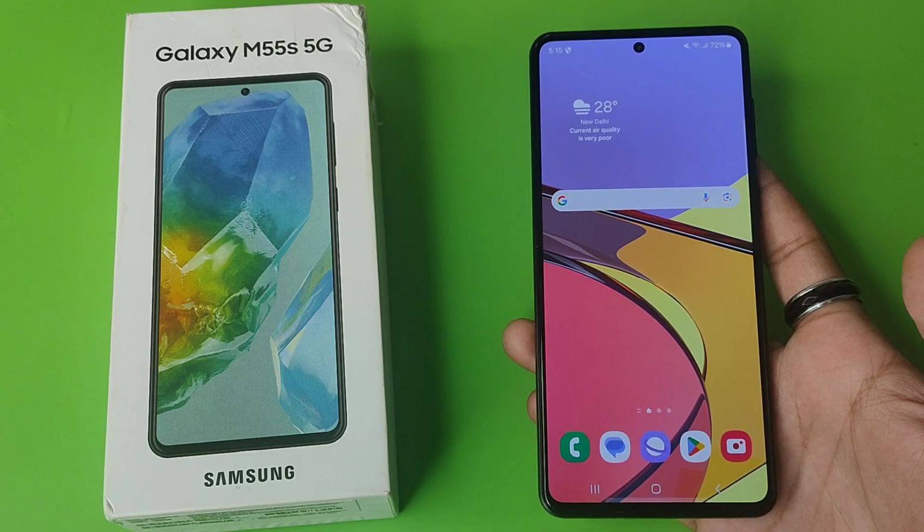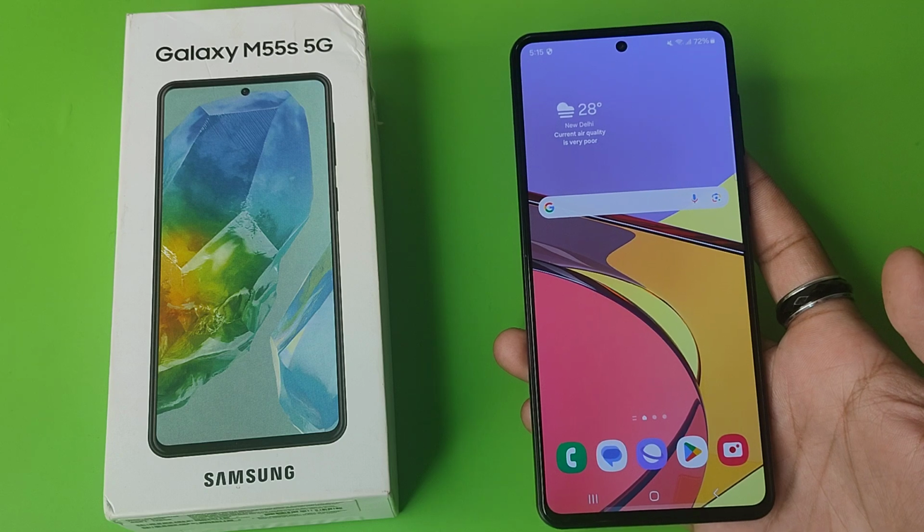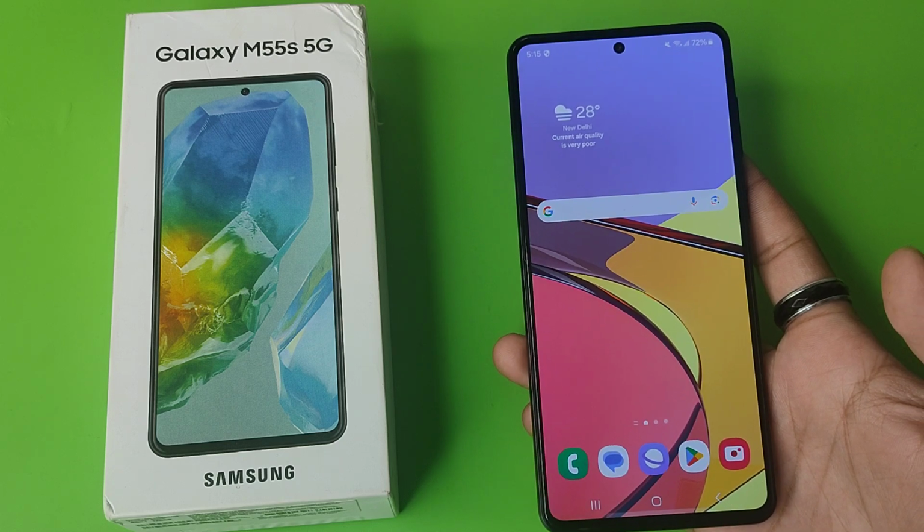In this video I'm going to tell you about how you can fix battery drain problem in your Samsung Galaxy